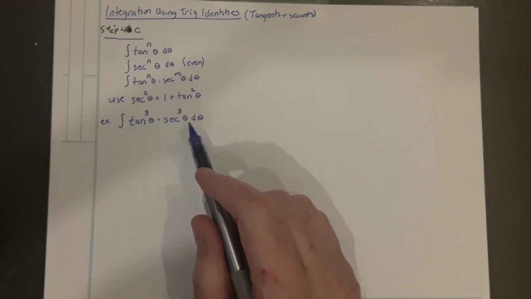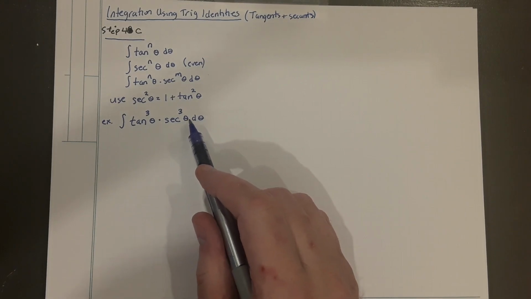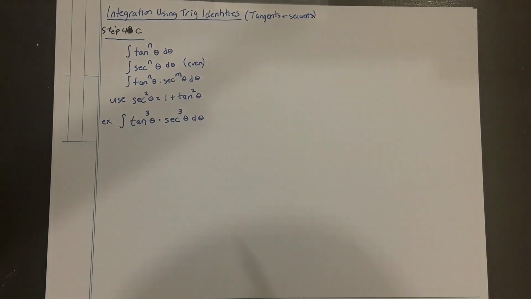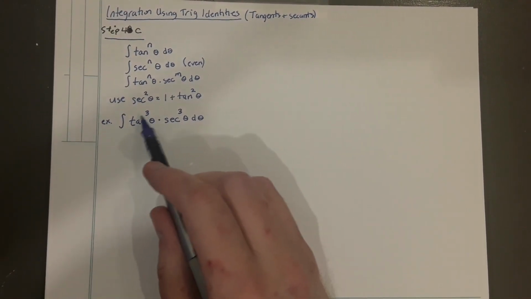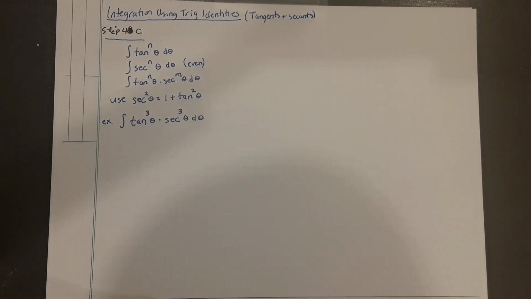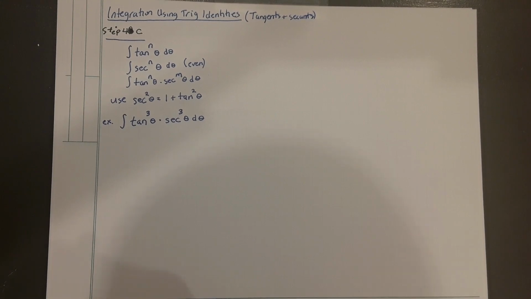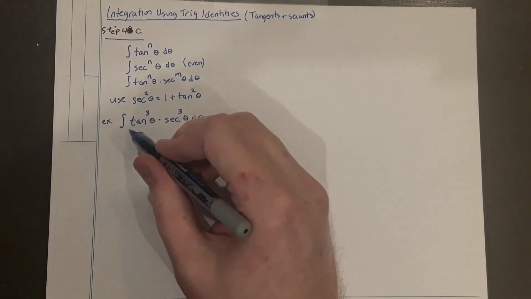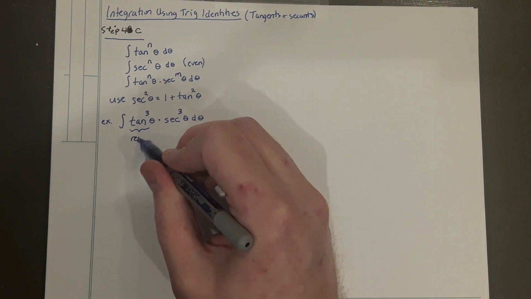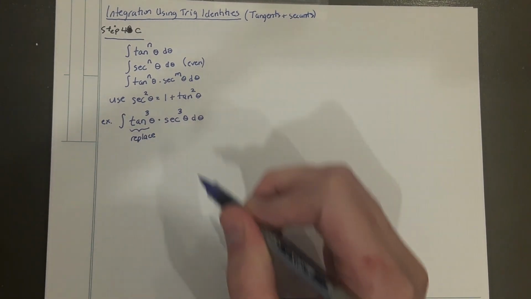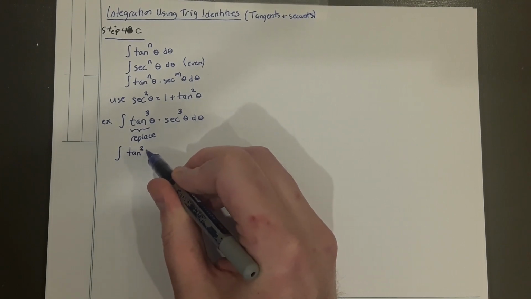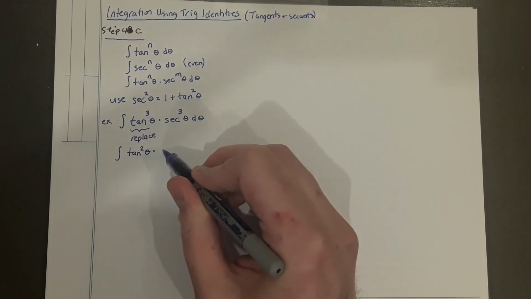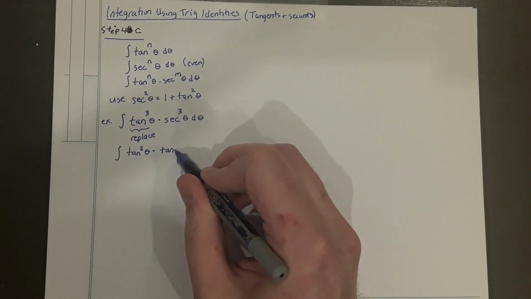either my secants into secant power 2 and secant power 1, that is not going to help because secant power 1 is not the differential of tangent. But if I break tangent power 3 into tangent squared and tangent power 1, remember that tangent power 1 is in the derivative of the secant function. And so this is the one that you want to replace. And if I replace that with tan squared times tangent power 1,